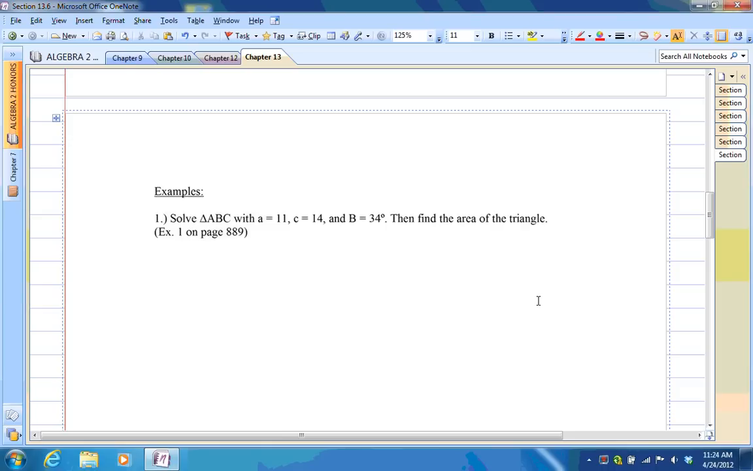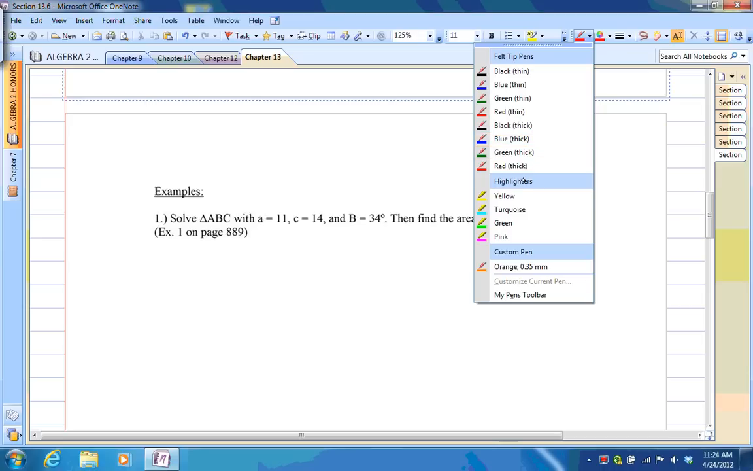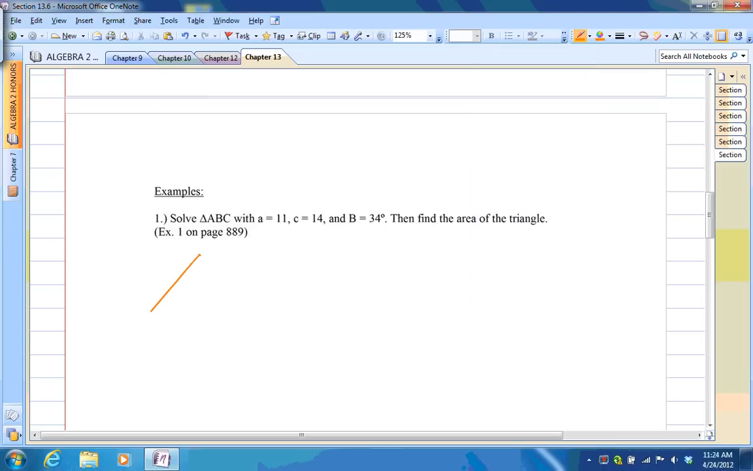Here you have to solve triangle ABC when you're given little a, little c, and the angle B. So let's draw a triangle, and this is like the example on page 889 in the book. Okay, so here's A, B, and C. Here's 11, that's 14, and that's 34 degrees. So clearly we don't know those two angles, nor do we know the side opposite angle B. So use the law of cosines